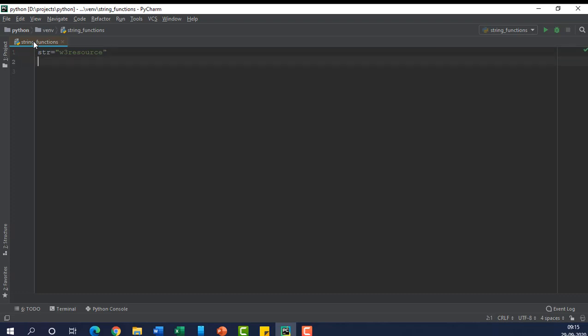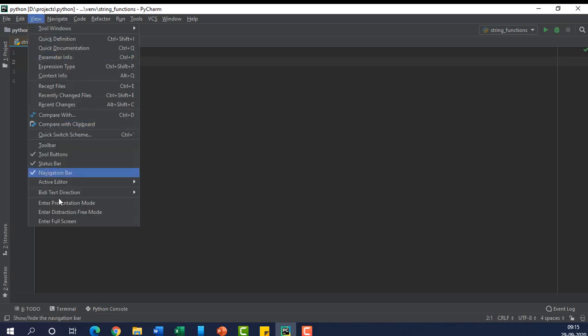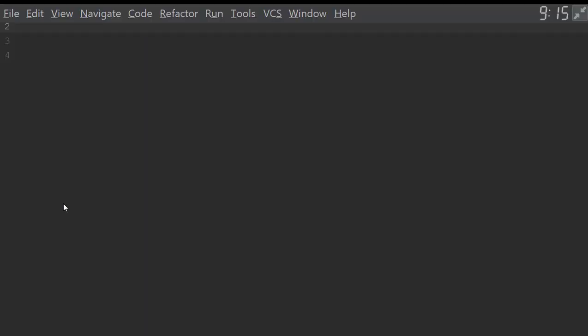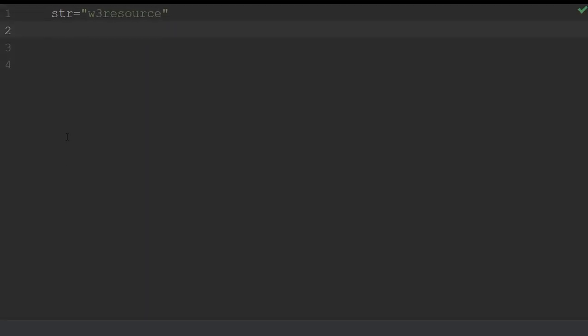Now first task is, if its length is more than two characters, then we have to extract first two and last two characters, right? So let's do that. Before we do that, let's go to the presentation mode. Okay, fine.